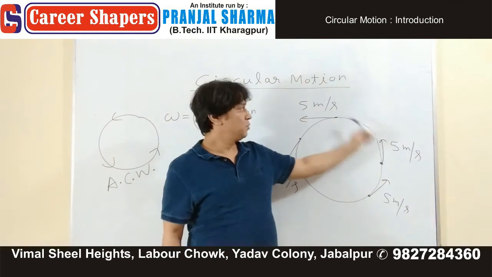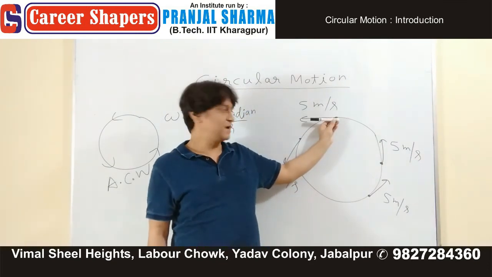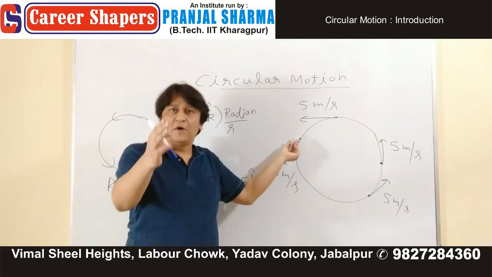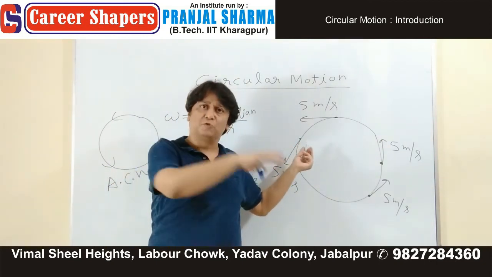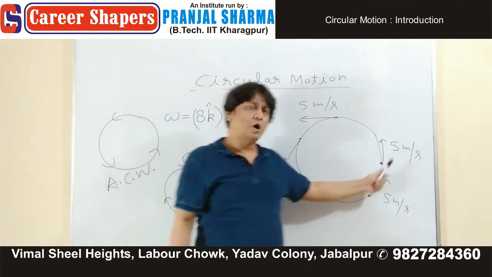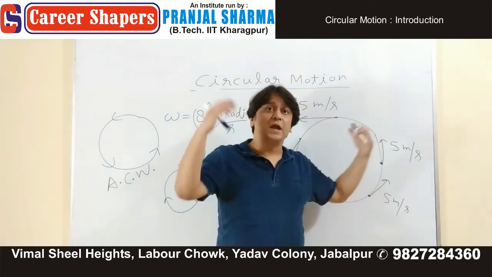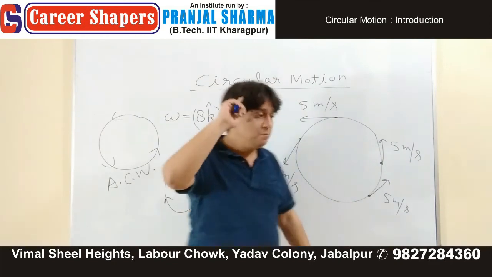5j cap. What is this? 5 minus i cap. What is this? 5 cos theta i, 5 sin theta j with proper plus and minus. So how many components can we have? Infinite. But